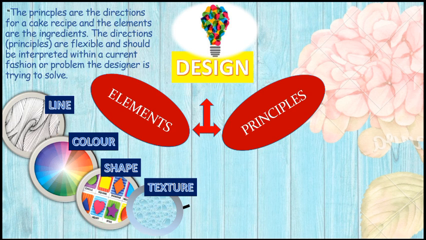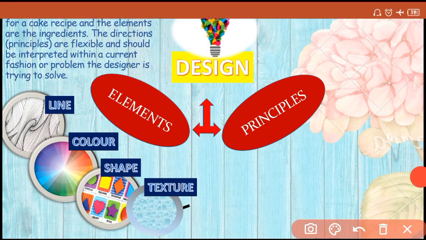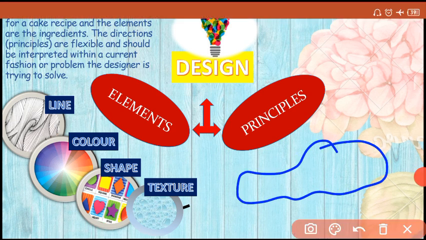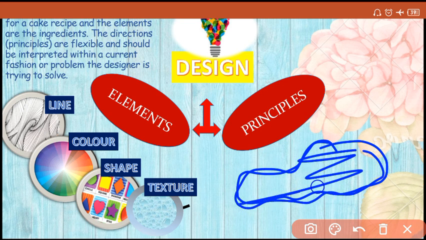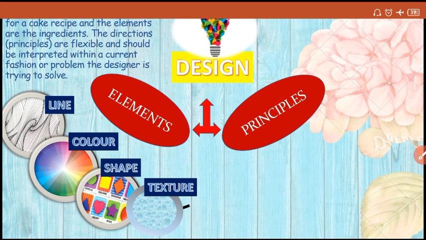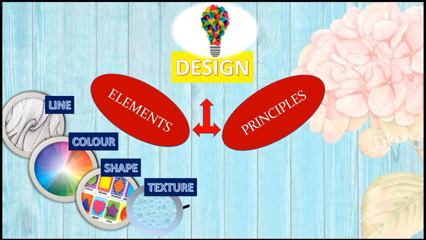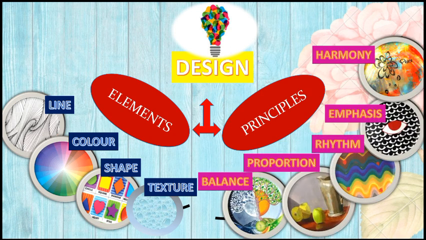You cannot expect anything without a line, even if it is shapeless like this. Then also, this is the design and this is the shape. Everything has a color also, a shape also, and a texture. The texture could be smooth, it could be grainy, different textures, but it needs to have a texture. So the elements are line, color, shape, and texture. We make use of these in different formats to create.